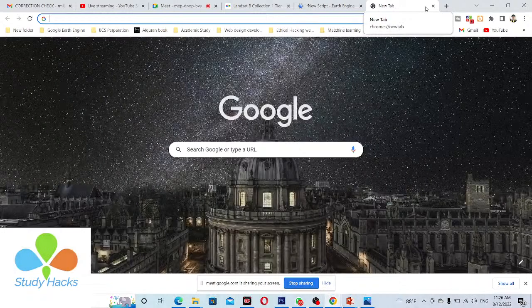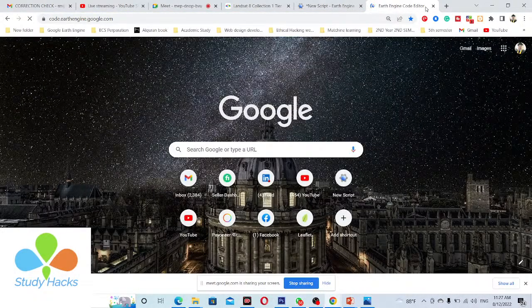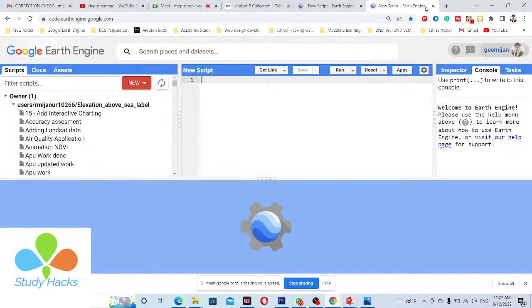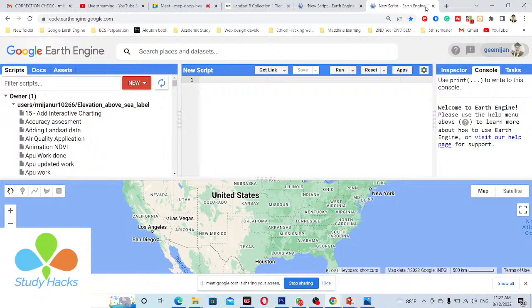I simply open my new code editor. Suppose this time I want to filter the Landsat 8 satellite imagery.